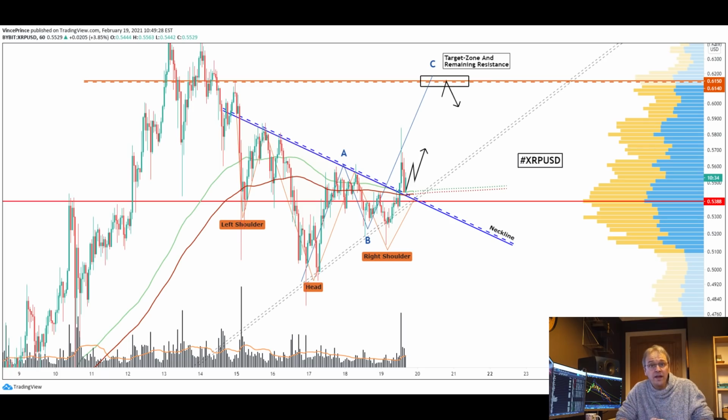Also, really important here is the point of control by the volume profile, in which XRP USD has some really solid supports, likely to bounce to the upside. And this is why a continuation is likely when XRP USD stabilizes further within this zone to set up on this. So, taking all these factors into consideration, XRP USD is in a situation where it's completed a great formation